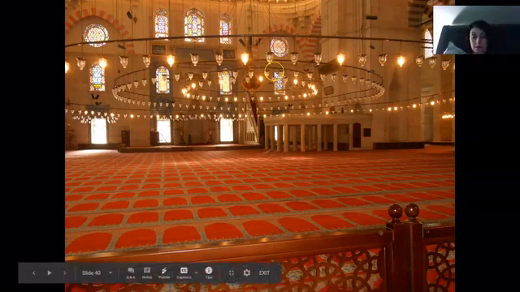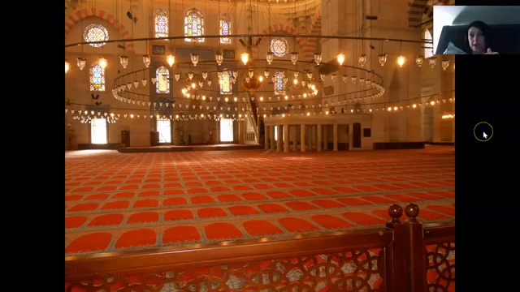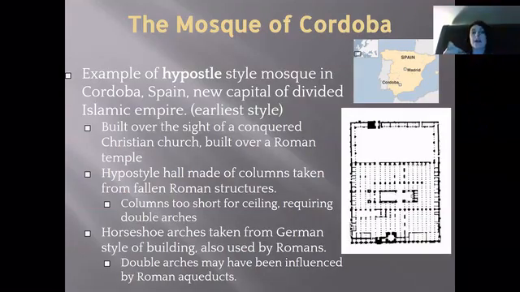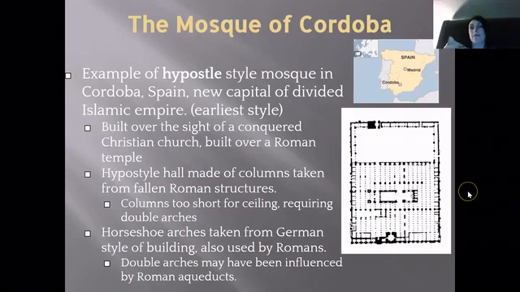And of course, the, what am I trying to say? The chandeliers, the lights that are down low enough to light the prayer. So a really good example of one of these hypostyle mosques is actually the Mosque of Cordoba in Cordoba, Spain. Now, we are going to talk about this later, but eventually the Islamic world, so the Arabic people united